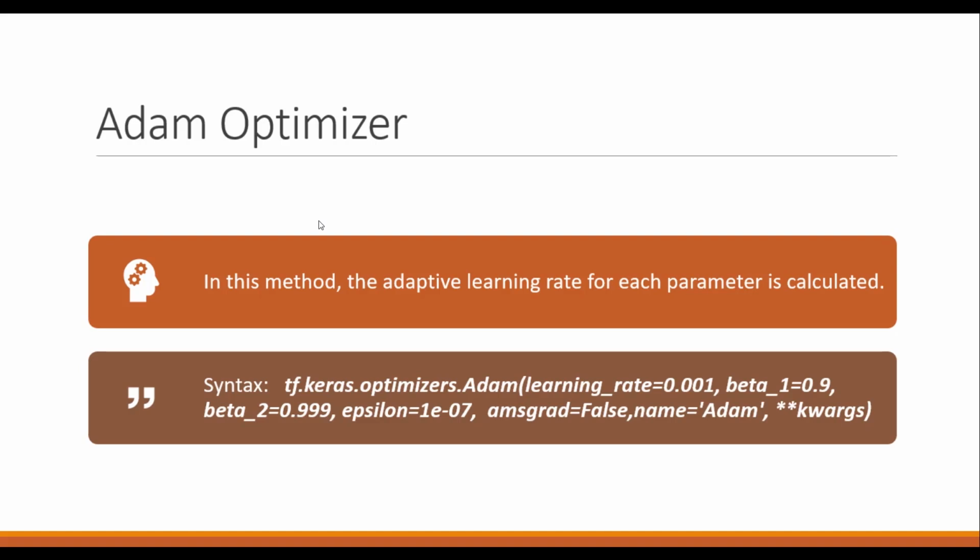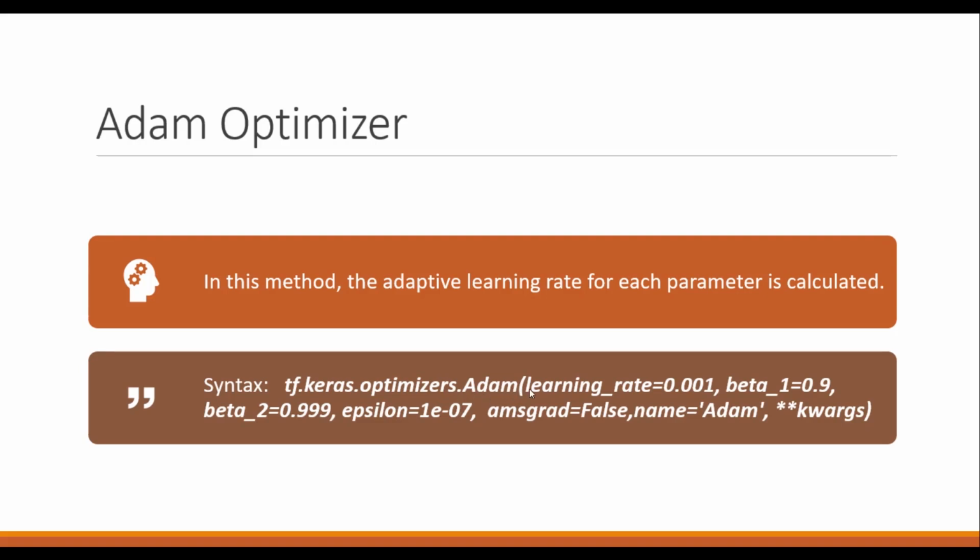Adam is among the topmost optimization techniques used today. In this method, the adaptive learning rate for each parameter is calculated, and this method combines the advantages of both RMS propagation and momentum, storing a decaying average of previous gradients and previous squared gradients. So here is the syntax of